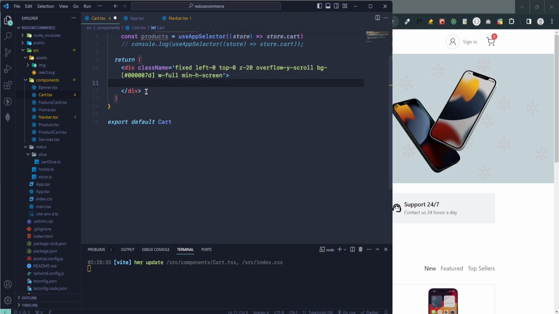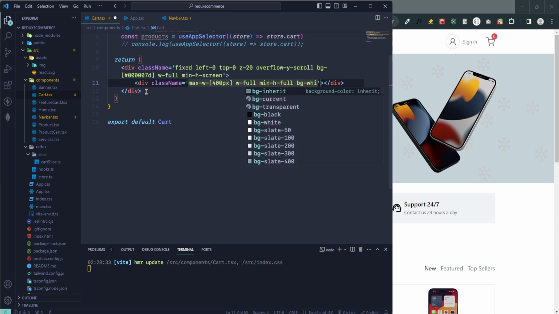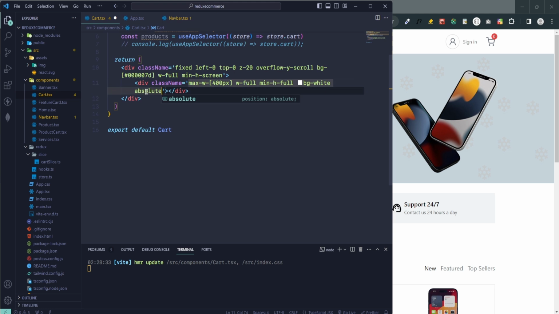Okay, after that I'm creating another div class width 400 pixel and width full and max width 400 pixel, minimum height is screen, or minimum height is full, and background white, and position absolute, and right 0, and top 0, and padding 6. Okay,